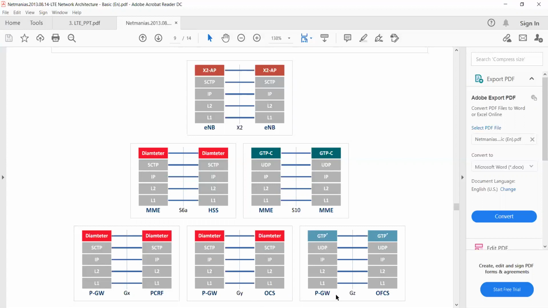And in case of idle mode also, offline charging system. Nowadays operators have implemented limited packs. Suppose you recharge with 49 rupees, it will give you 28 days. After that, they will stop your outgoing or incoming. So even though you are not connected, you are in idle mode, you cannot make a call. How is this monitored? This is by OFCS, offline charging system. They will not allow you.